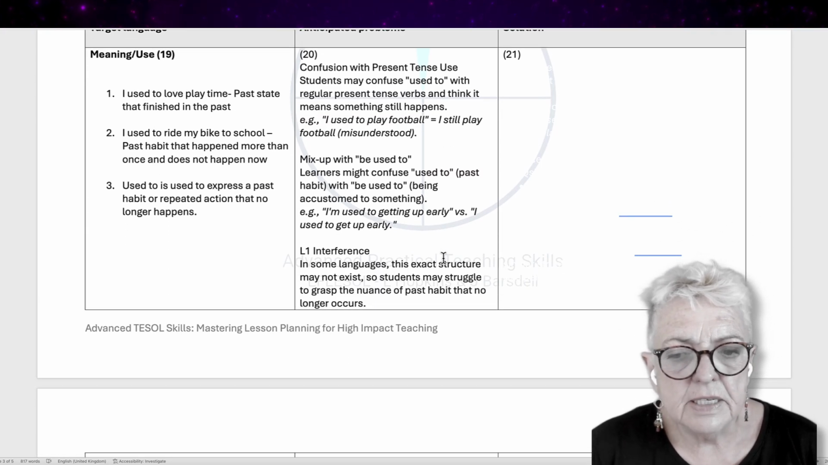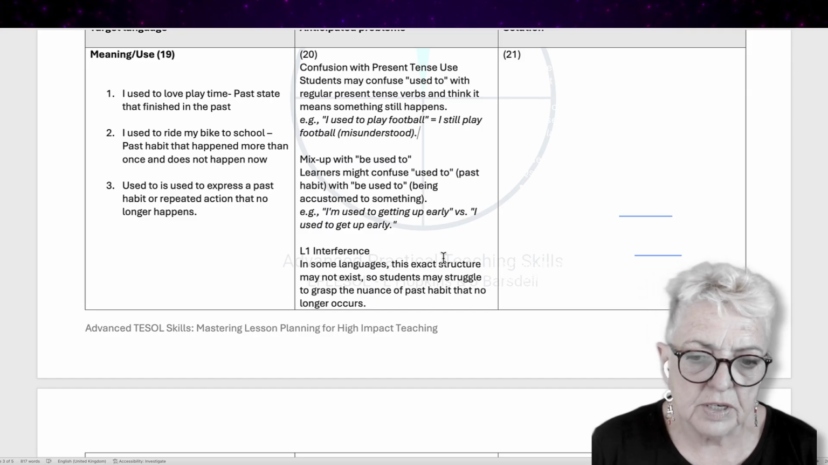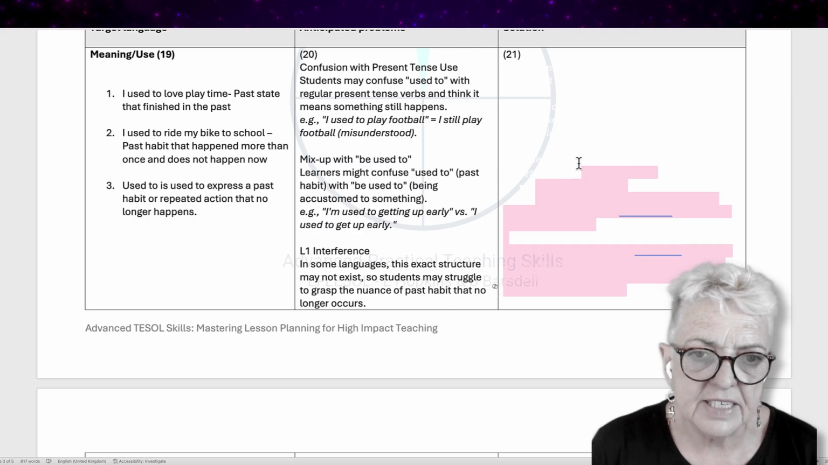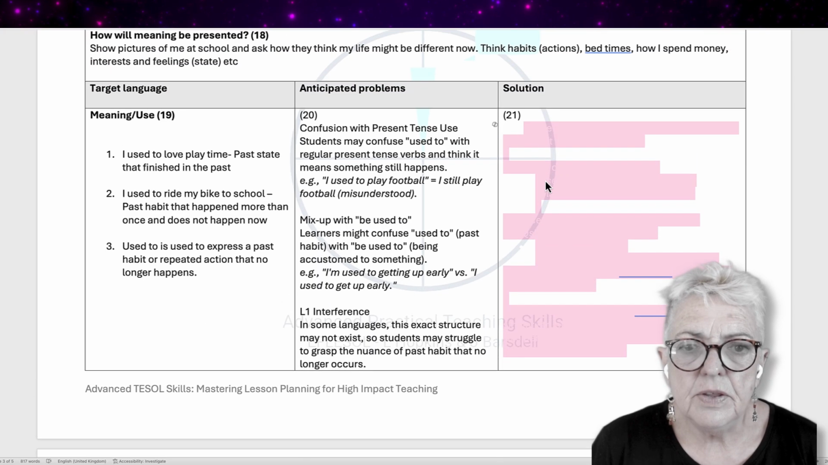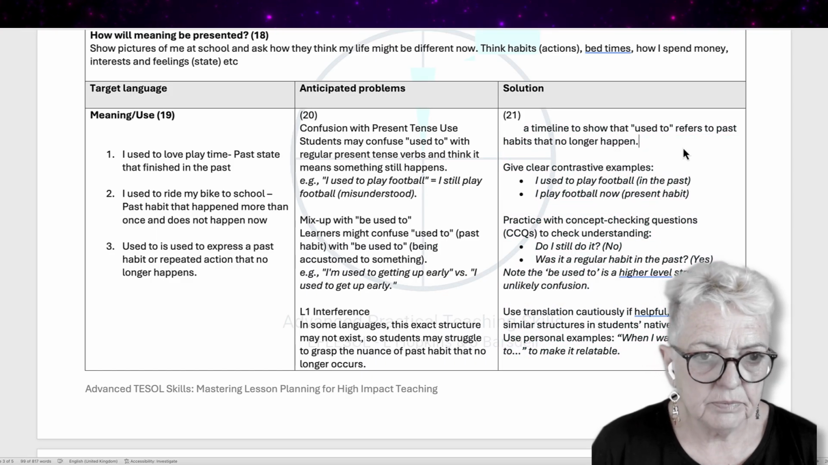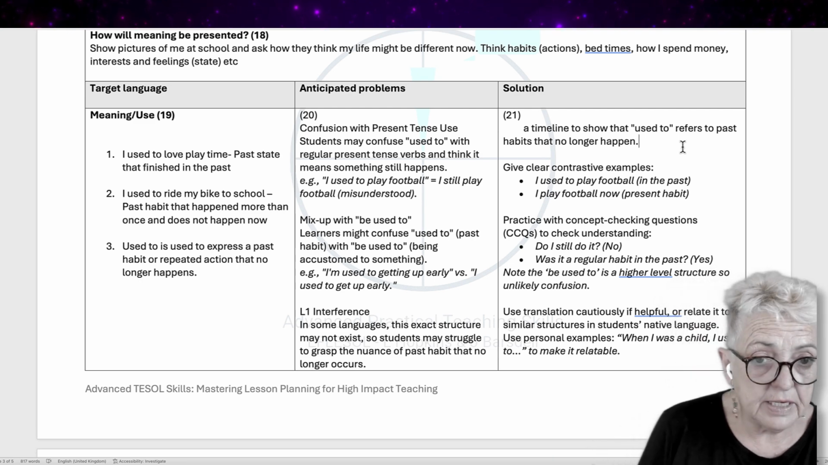L1 interference. In some languages, the exact structure may not exist, so students struggle to grasp the nuance of past habit or state that no longer happens or exists. So that's the anticipated problems, and my solutions are, I can use a timeline, so put everything in the past,